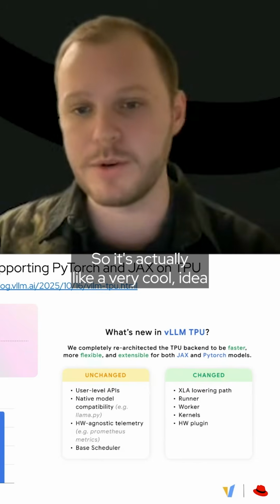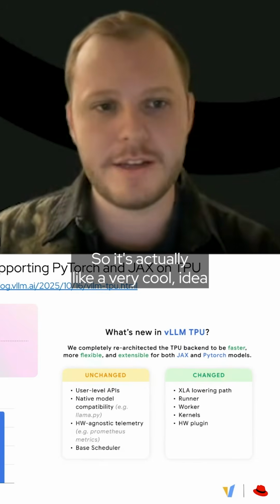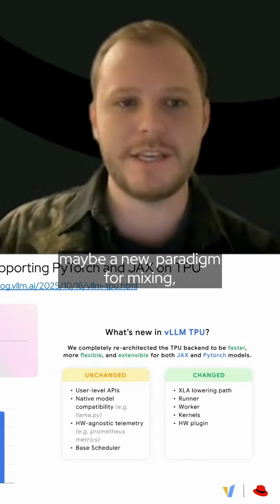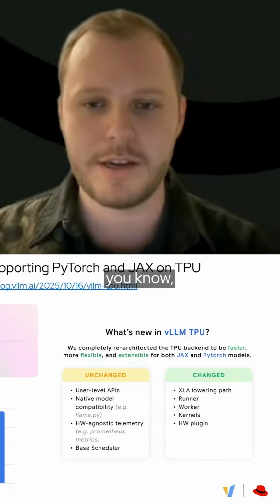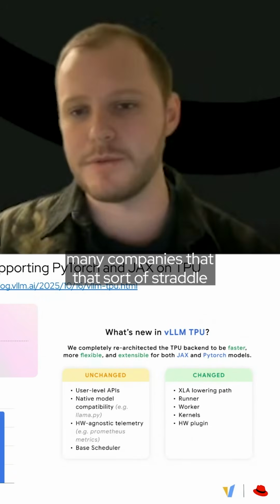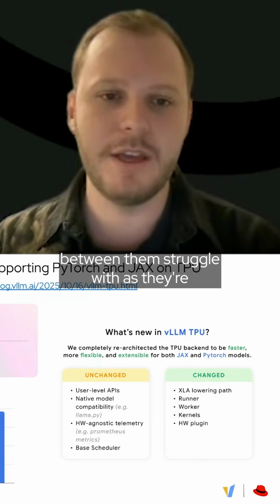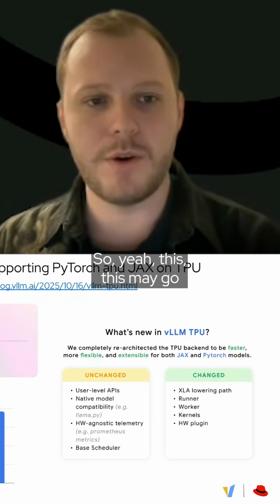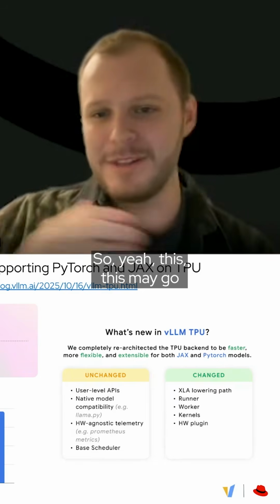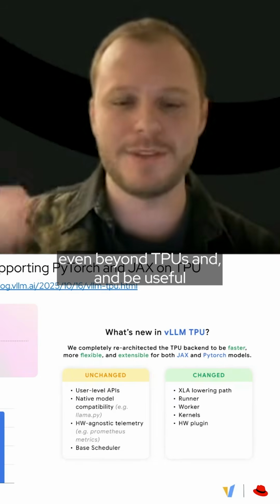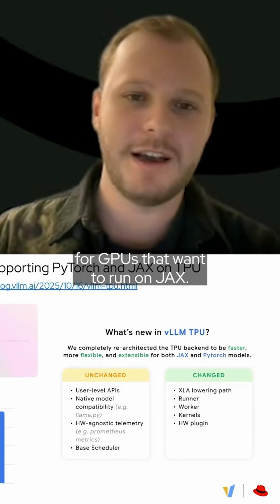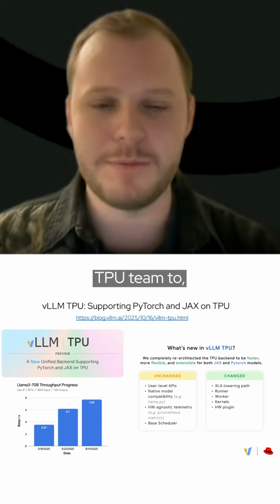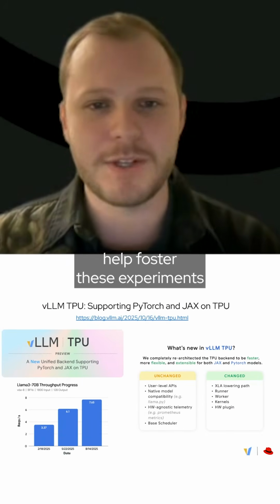So it's actually a very cool idea, and maybe a new paradigm for mixing PyTorch and JAX together that many companies that straddle between them struggle with, as they're very different machine learning frameworks. So this may be useful even beyond TPUs and be useful for GPUs that want to run on JAX. But yeah, we're really excited to be working closely with the Google TPU team to help foster these experiments